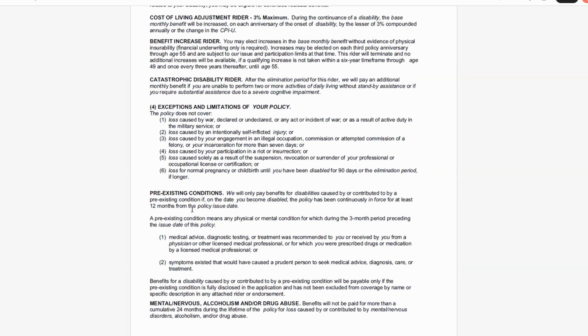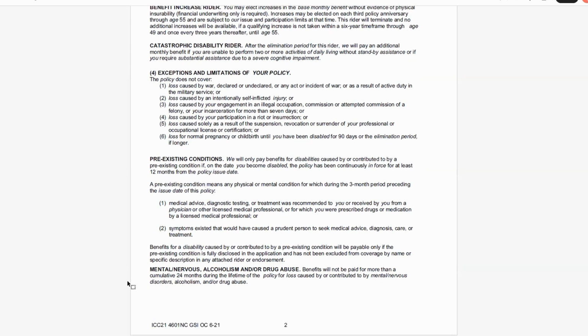So really, really key point there. And then the last one is the mental health or nervous system, alcoholism, drug abuse. Pretty much any DSM related mental health condition falls into this category. And as you can imagine, there's a lot of fraud going on in this space where